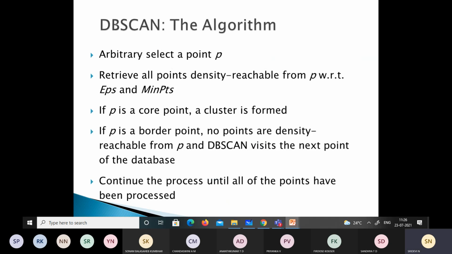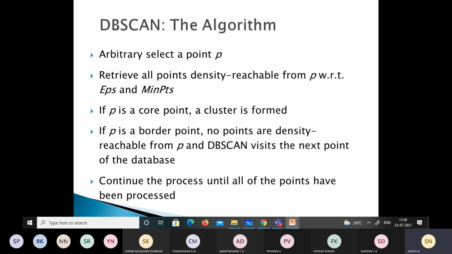Given the definitions of core points and noise points, any two core points that are close enough, within distance EPS of one another, will be put in the same cluster. Likewise, any border point that is close enough to a core point is put into the same cluster as the core point. Noise points, as you know, will be discarded. Obviously, we don't need noise, isn't it? So they will be discarded.